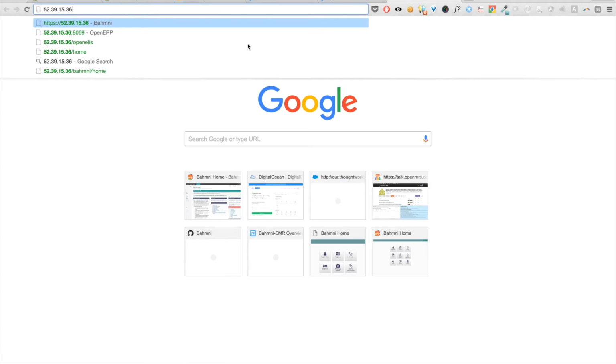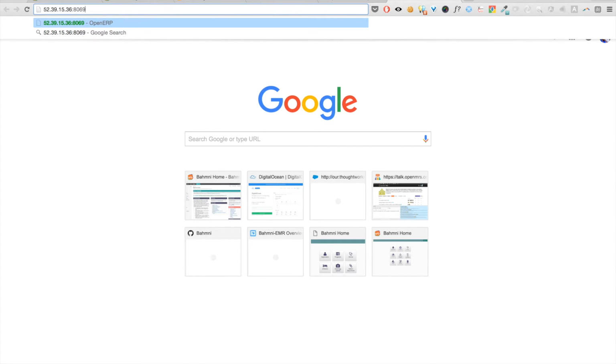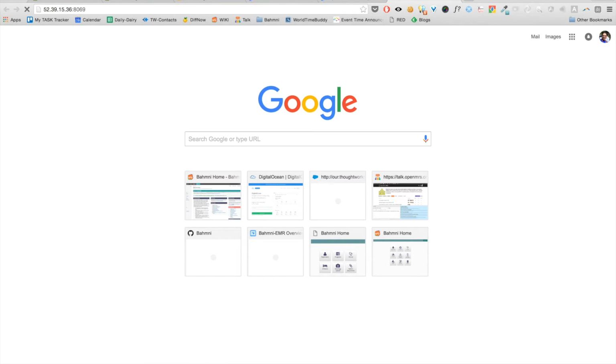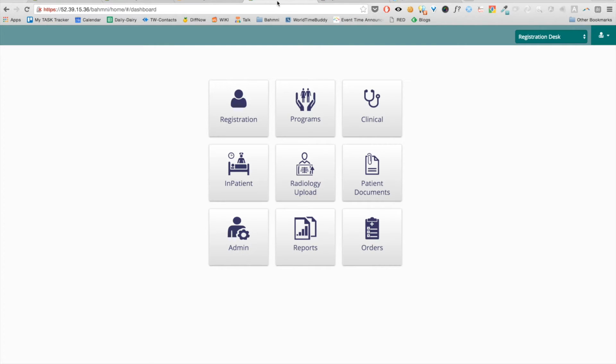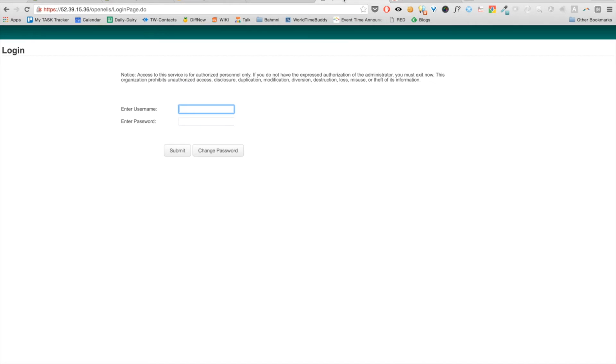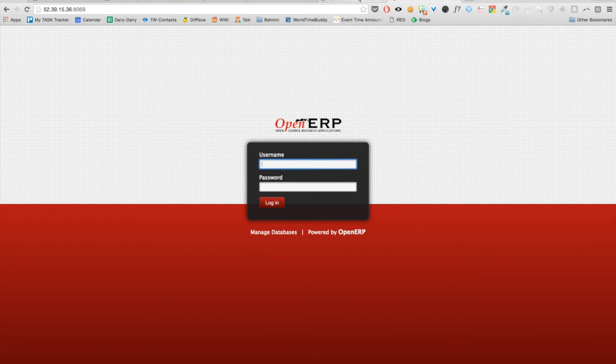And for ERP, it will be this with 8069, not with HTTPS, just HTTP. So this is the lab screen, this is the ERP login screen, and this is the login screen for the EMR application.